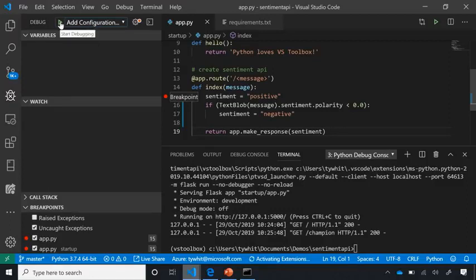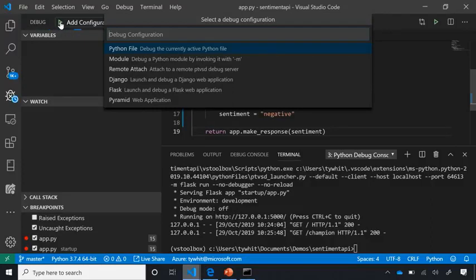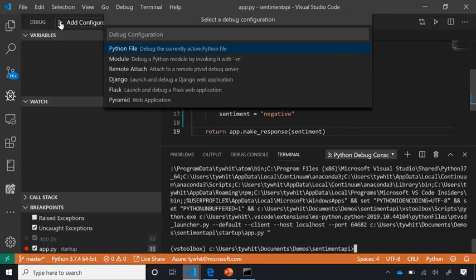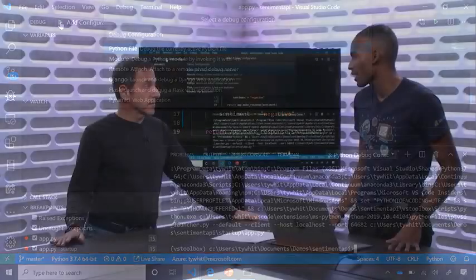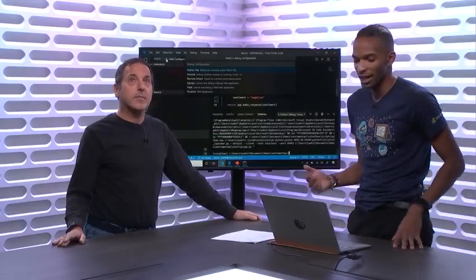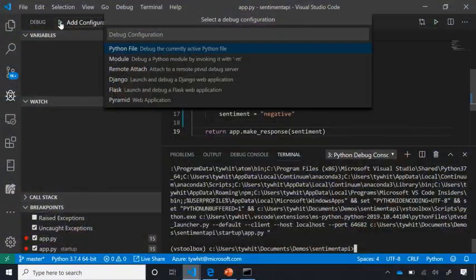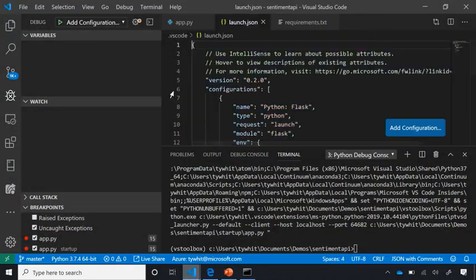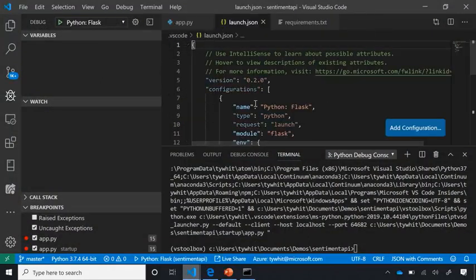and then I have to hit the green play button, start debugging, it's going to send me to that same debug configuration menu. And you may be wondering, oh, Tyreek, why do I have to type this again? It's because our configuration last time wasn't saved. And so by going through these steps we're going through now, we're saving that configuration. And I'll prove that to you in a second. So I'm going to navigate to Flask again, put that path. And notice that it creates this file called